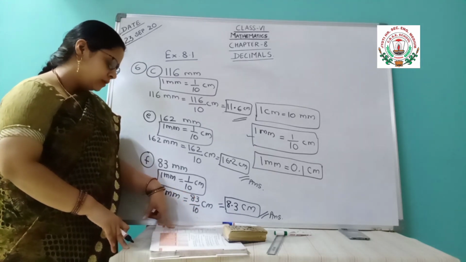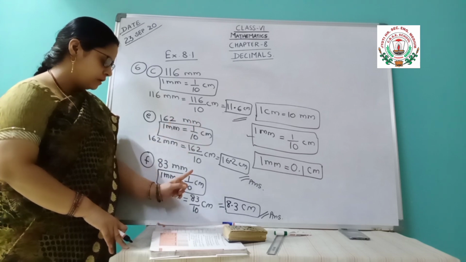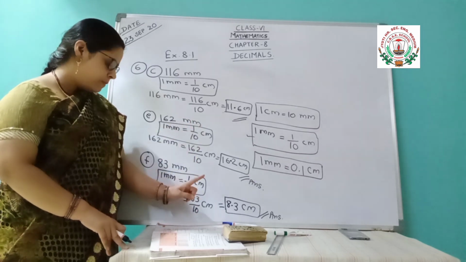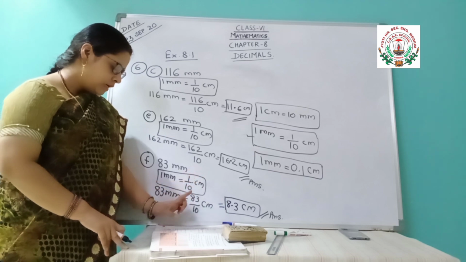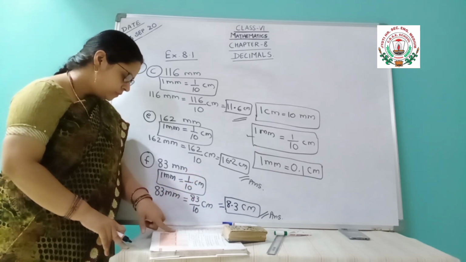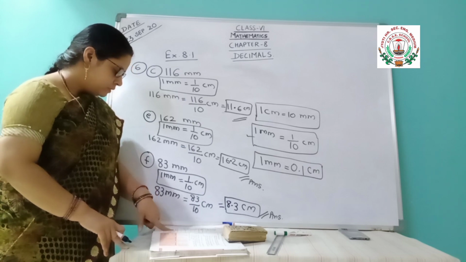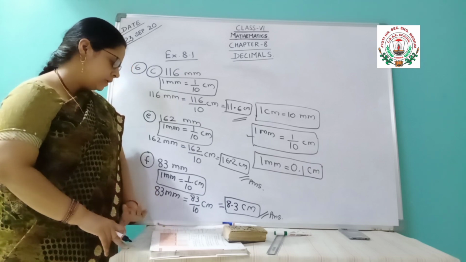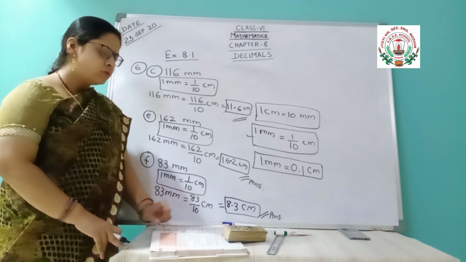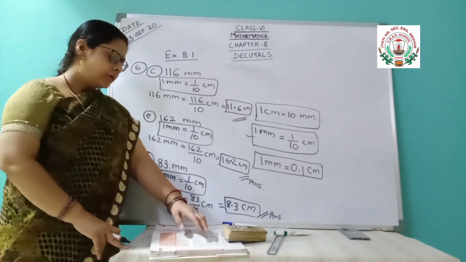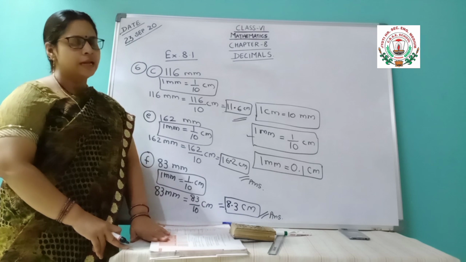Question number 10 is also in a similar way, so I will not be explaining that to you. That is centimeter and centimeter only that is asked. Then in B part millimeter and centimeter is asked. So only the number line question is left out. That I will explain to you in the next class.